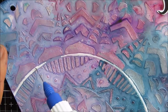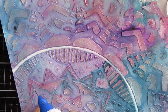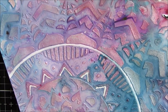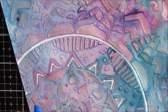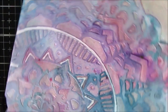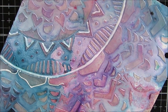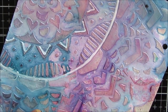Now, because the color bursts are water activated, they are going to bleed through and colorize this white. So the white will not stay bright white. That isn't necessarily a negative, it's just the reality of working with water reactive paints, colors. And you just have to know what qualities you're dealing with